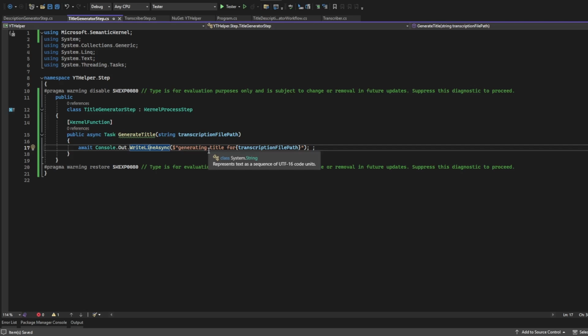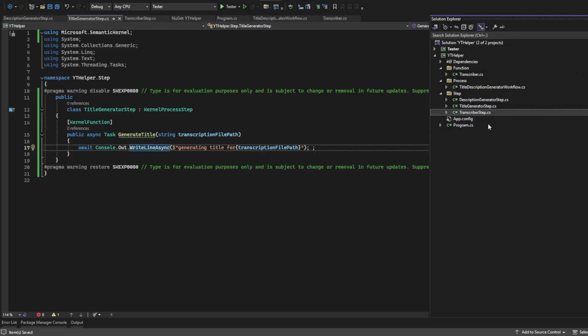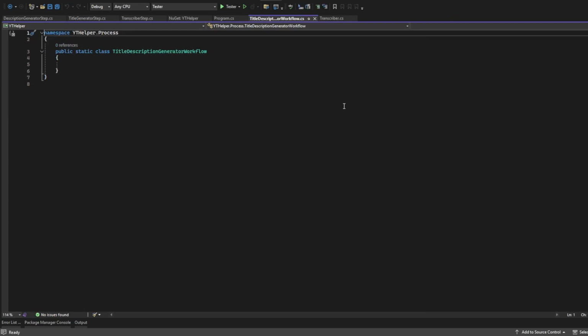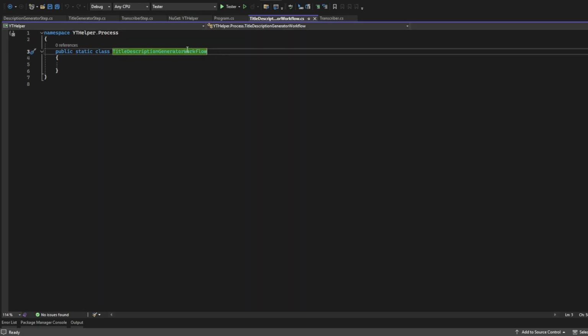Next thing that we want to do is we want to create a workflow now. We will create it in the process, this TitleGeneratorWorkflow.cs. And first, we can't directly create a workflow, so we have to first create a... I'm thinking of renaming this workflow. Let's say not workflow. Let's rename it as process builder,